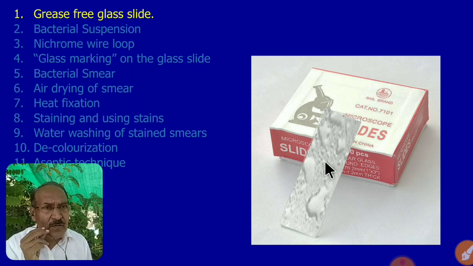If we see our slide of this type, then first, clean this slide with the detergent powders available at the basin, at the sinks, wherever available.